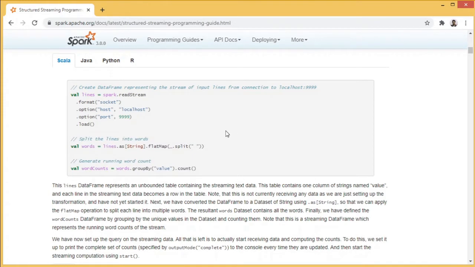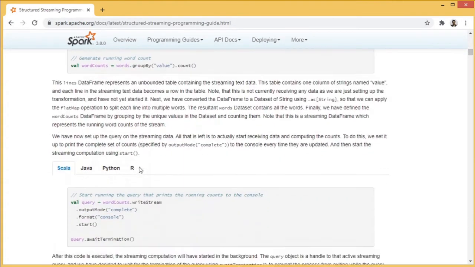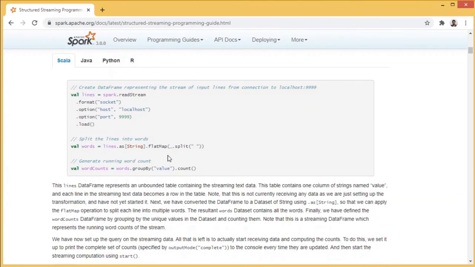Otherwise, at first sight, it may look a little bit confusing or intimidating. So I'll be explaining what this does and how we can count words. If you already have some idea, you can skip to the next video.